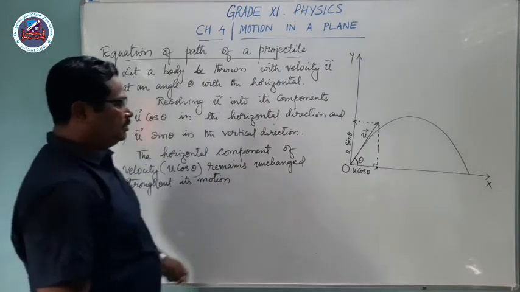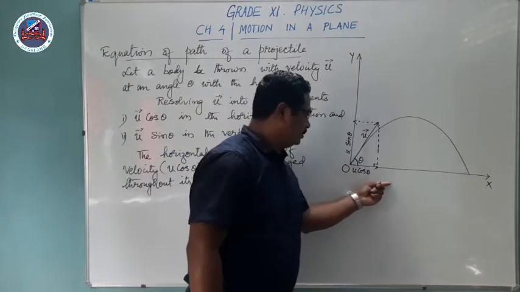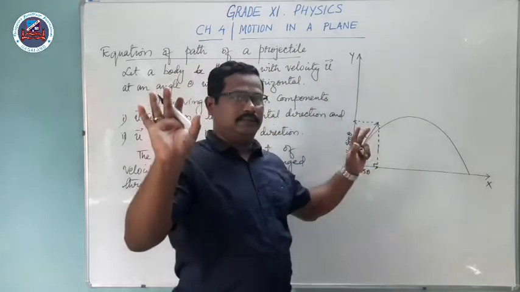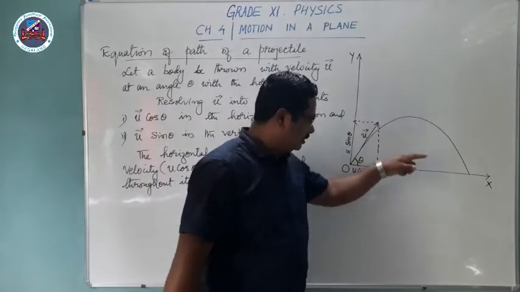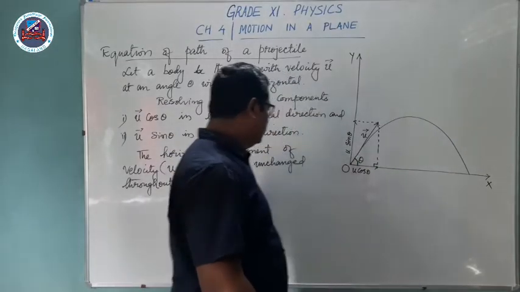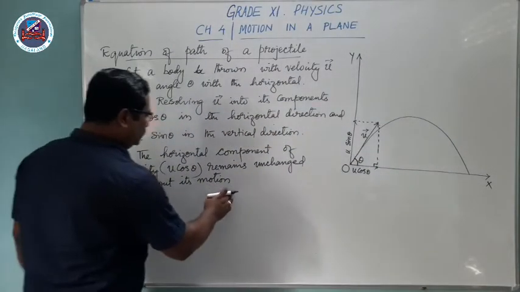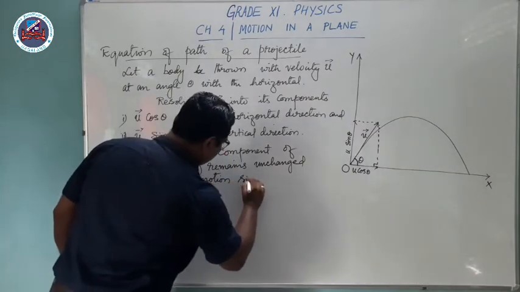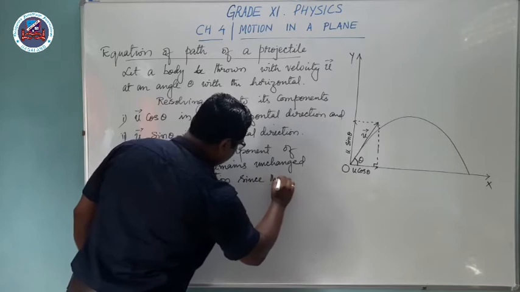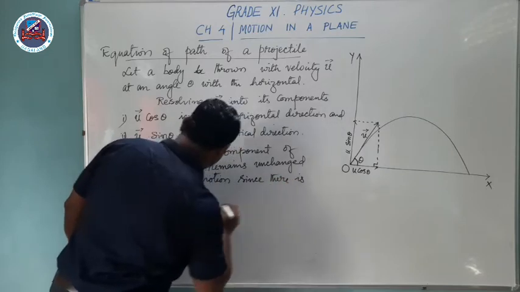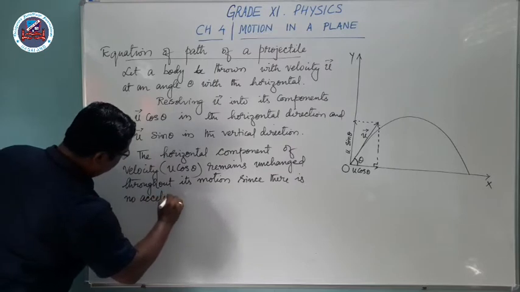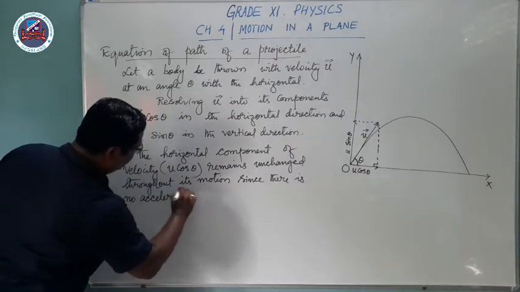Why does it remain unchanged throughout its motion? Because there is no acceleration. Once it is thrown, the work is done. Along the horizontal direction there is no acceleration throughout its motion. Since there is no acceleration,